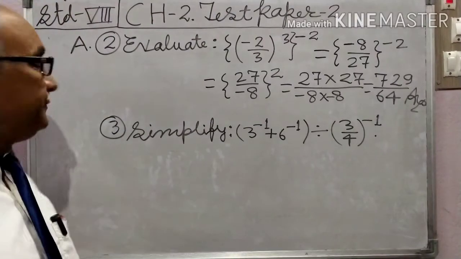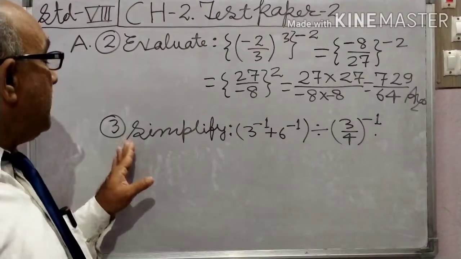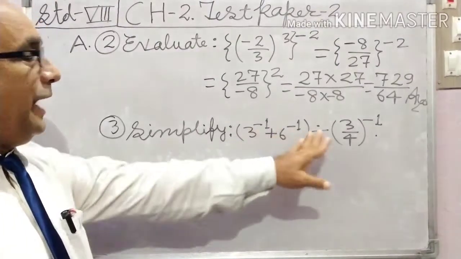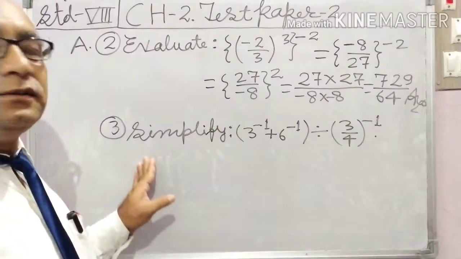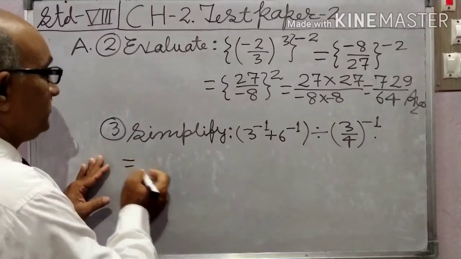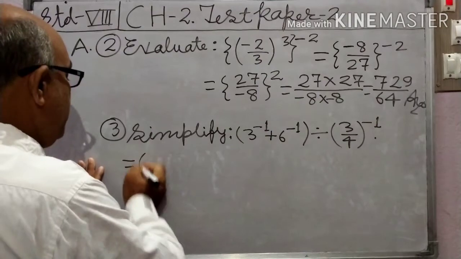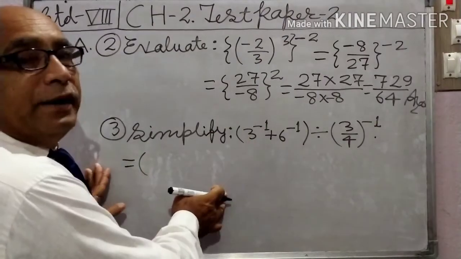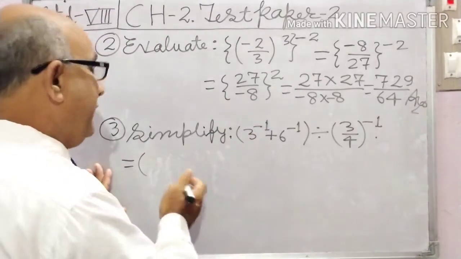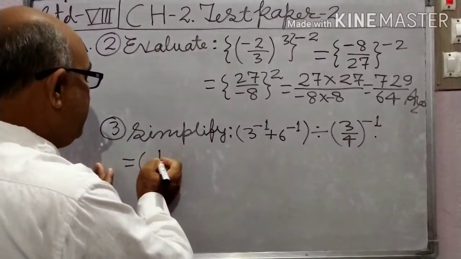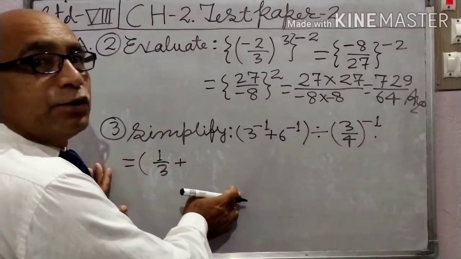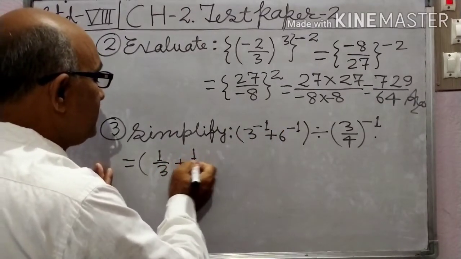And question number 3. In my book, the answer of question number 3 is wrong, so do not be confused. I solved it and found the right answer. First of all, 3^-1: a^-1 equals 1 by a, so it is 1/3, plus 6^-1, that means 1/6,